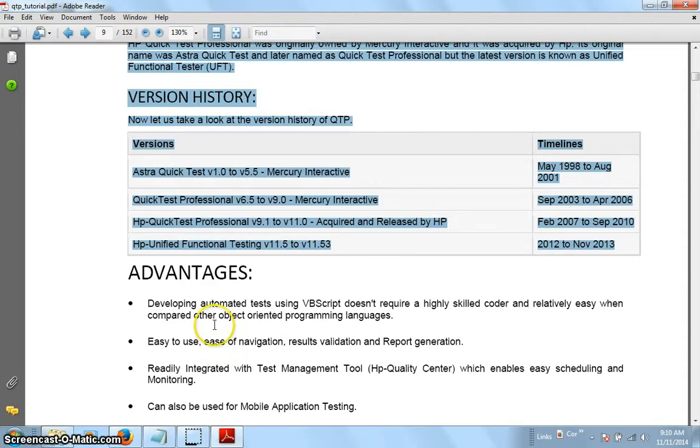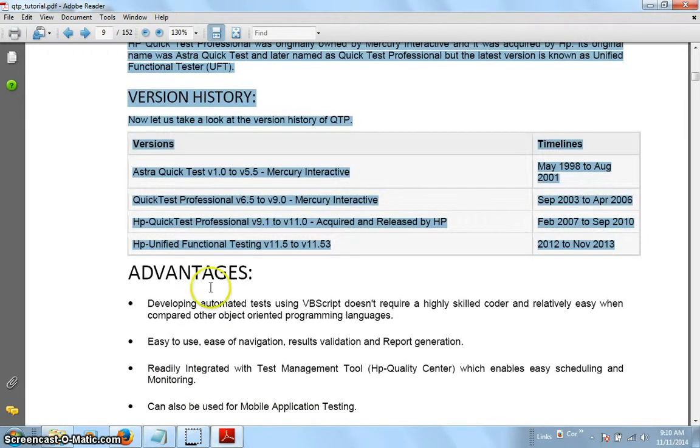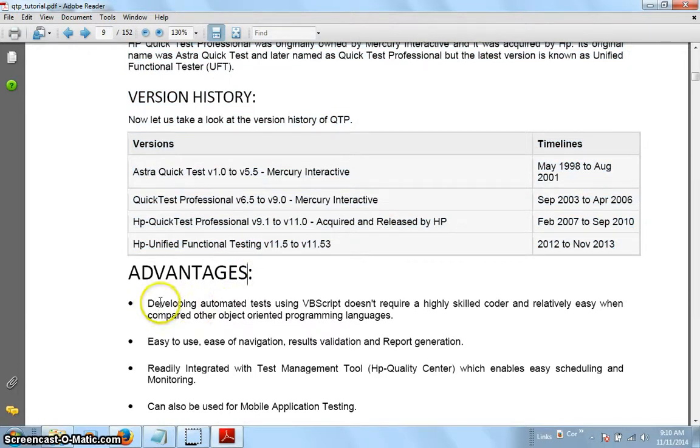Now we can focus on the main advantages and disadvantages of using QTP. A very interesting feature is that developing automation tests using VBScript does not require a highly skilled coder, and is relatively easy compared to other object oriented programming languages.